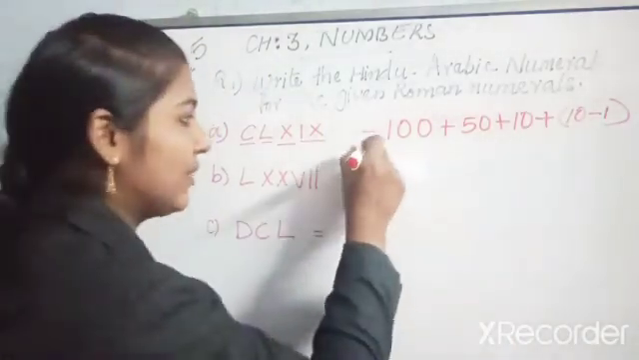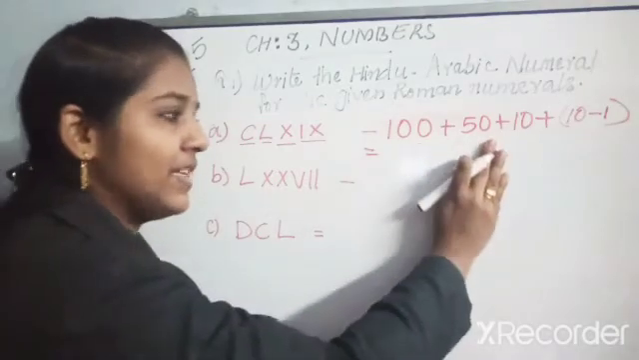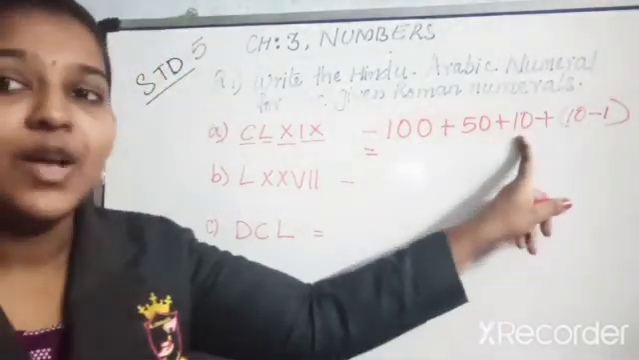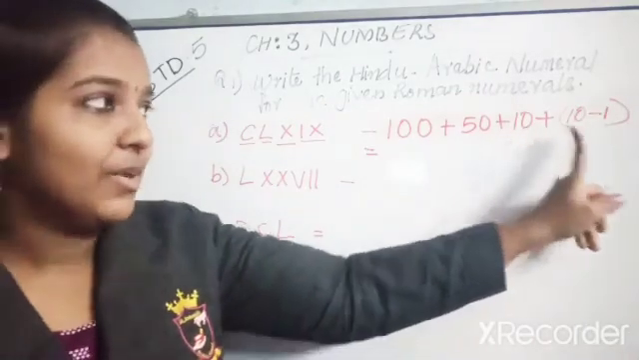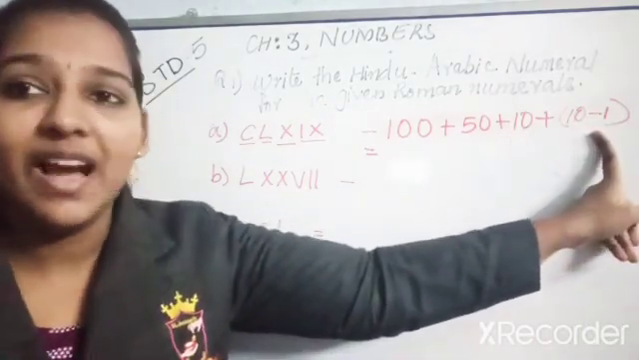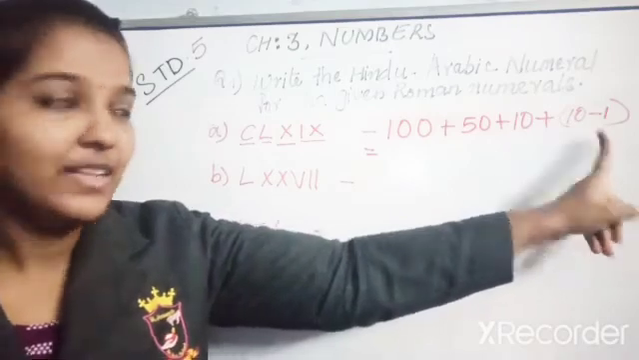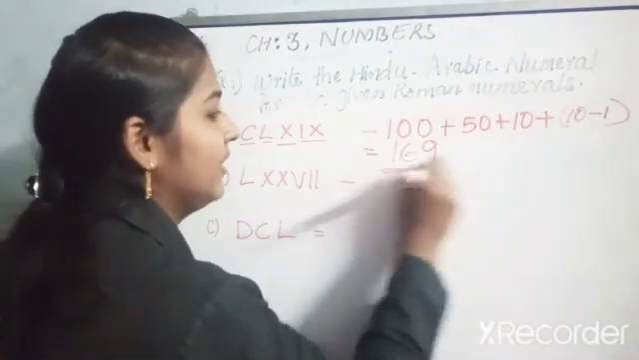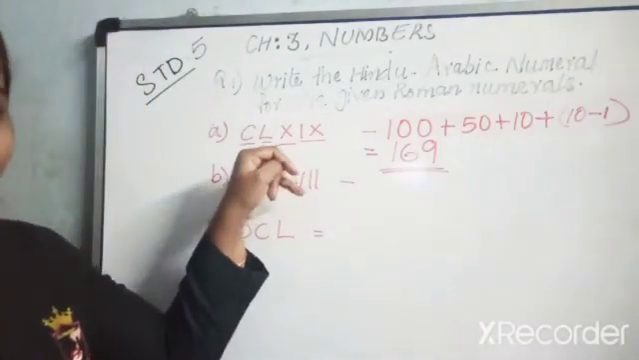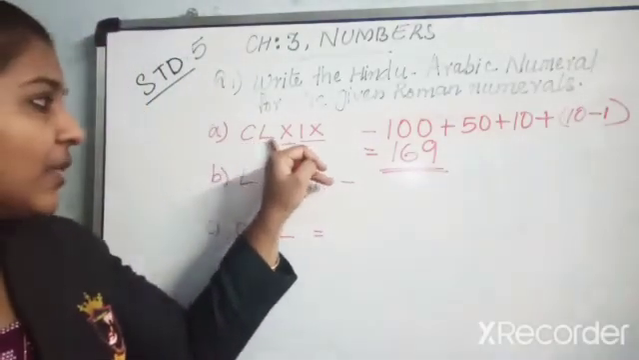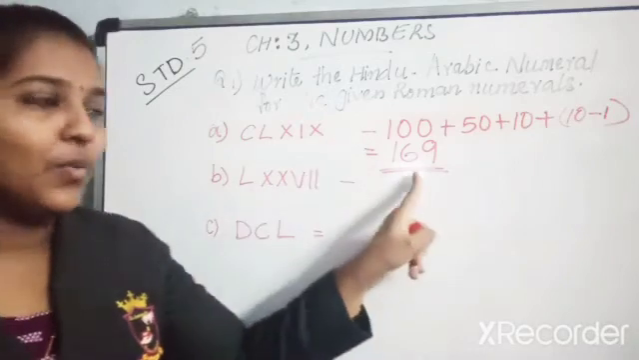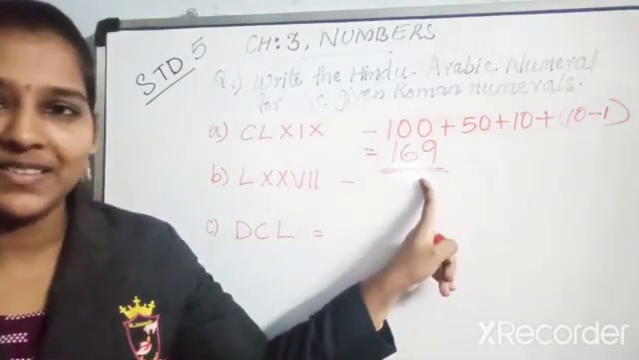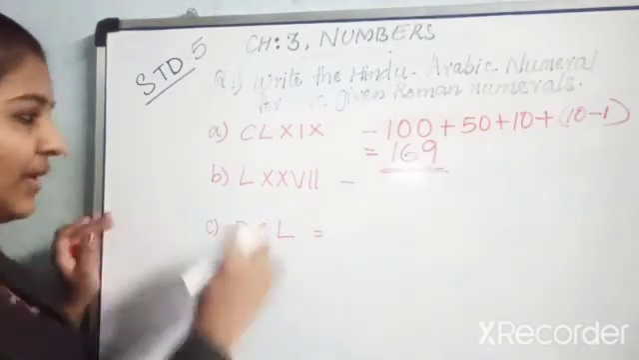Now in the next step you can answer 100 plus 50, 150. 150 plus 10, 160. 160 plus 9, 10 minus 1, 9. That is 169. So the Hindu-Arabic numeral for this Roman numeral is 169. Got it children? It's very easy, right? Yes. So now next one,